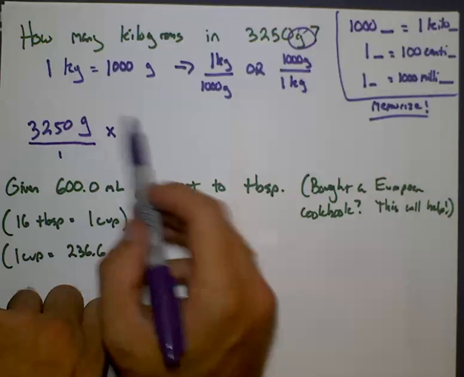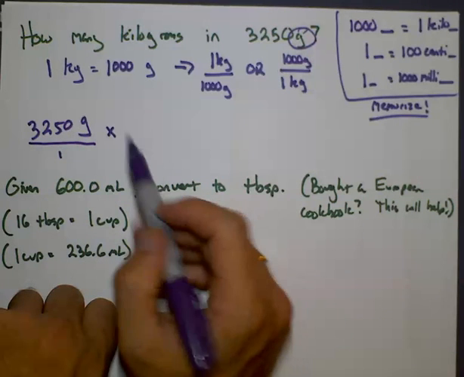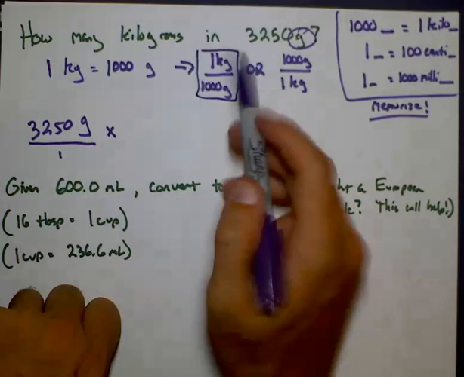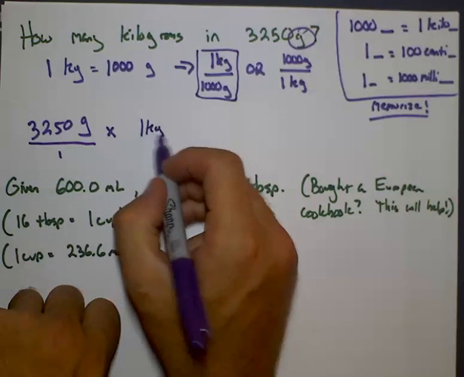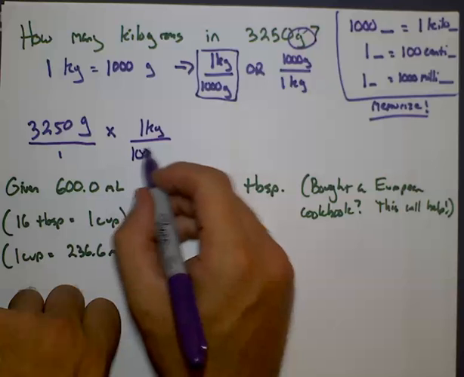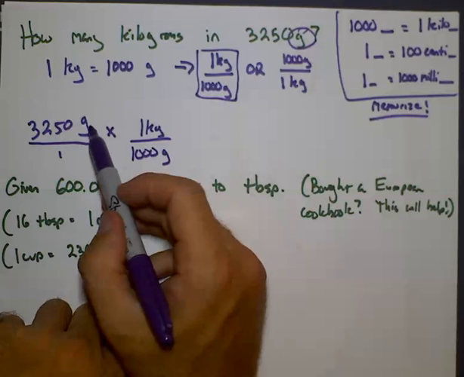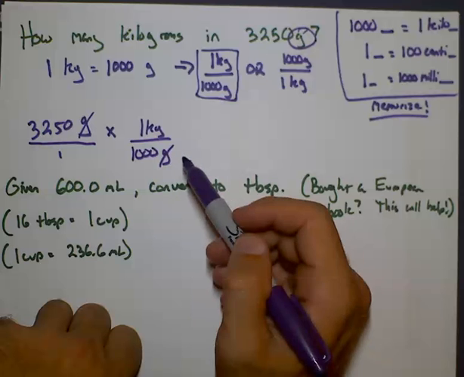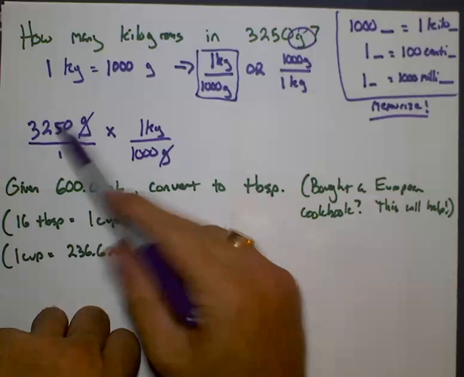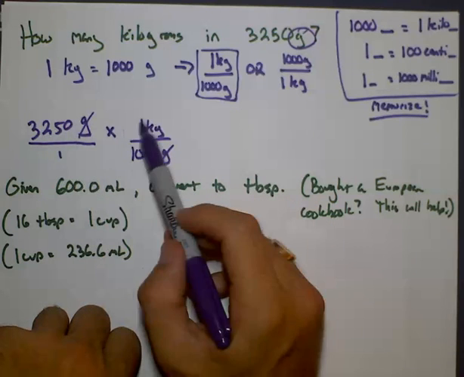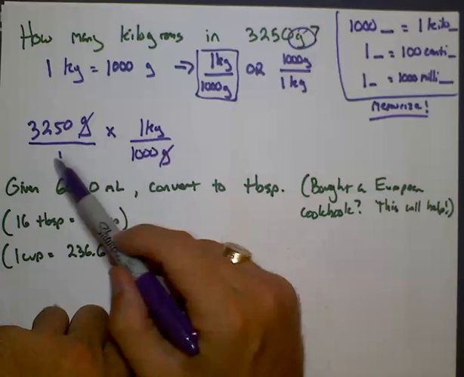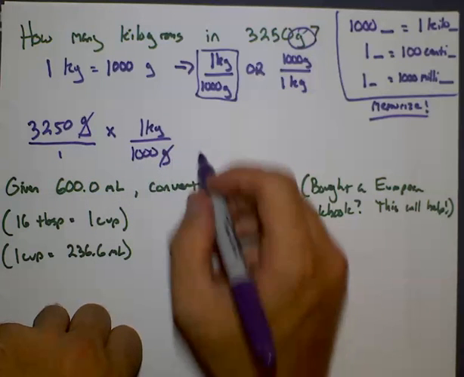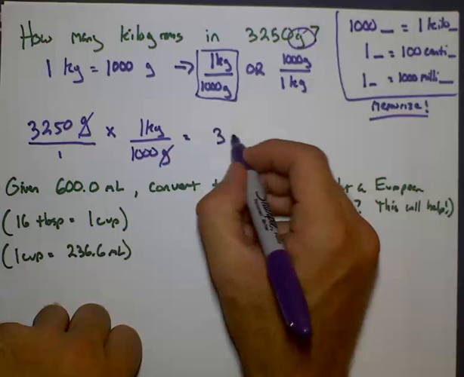So I know that any kind of multiplication I'm going to need to do, it's going to end up with grams on the bottom. So I look here, and I go, okay, well, 1 kilogram over 1,000 grams, that ends up with grams on the top and grams on the bottom to cancel out. When I do my multiplication, I have 3250 times 1 all over 1,000 times 1, but you know, basically the same thing. So when I do my math, I get